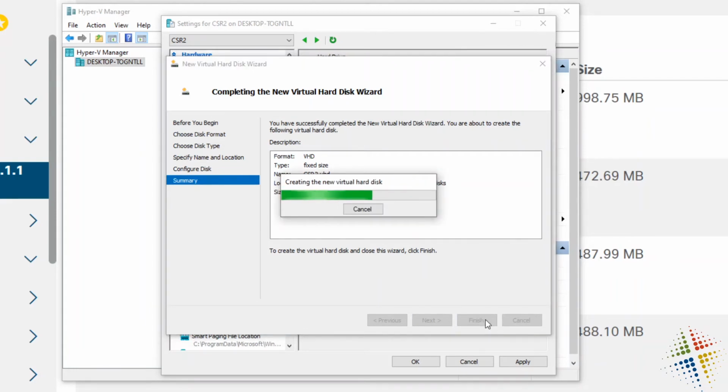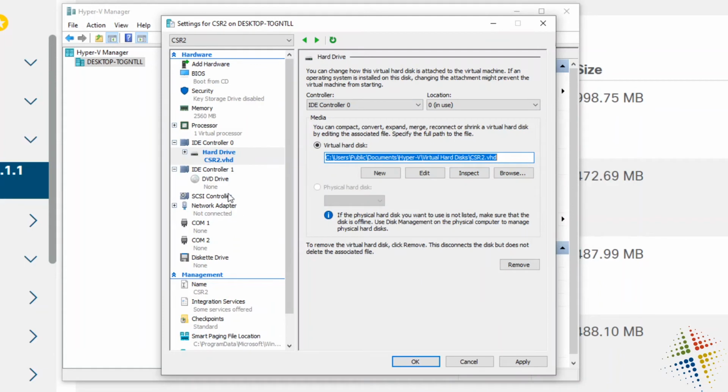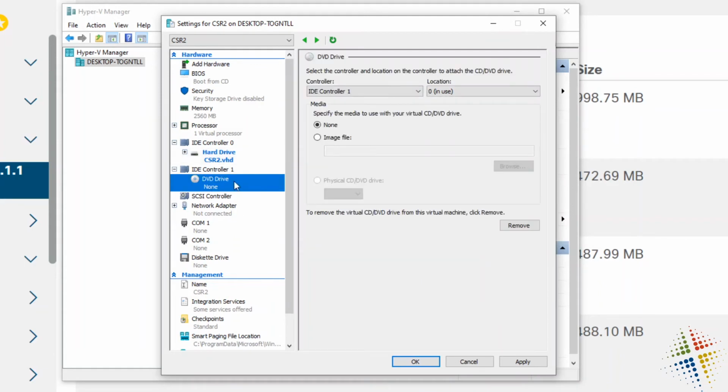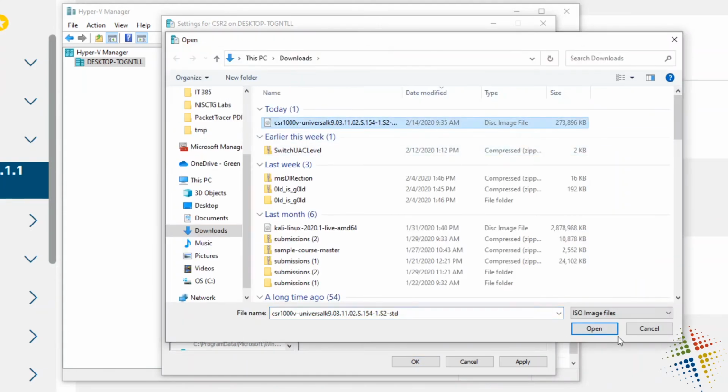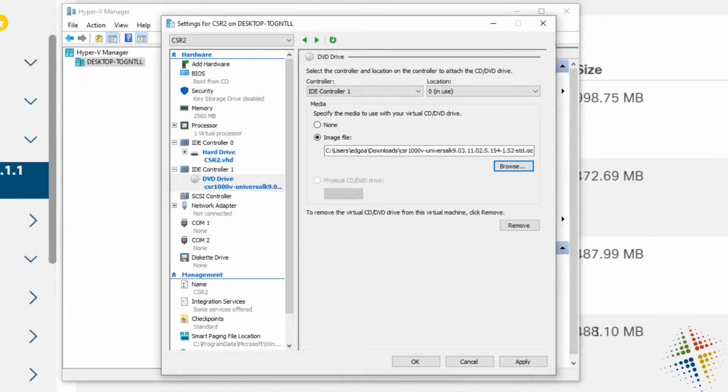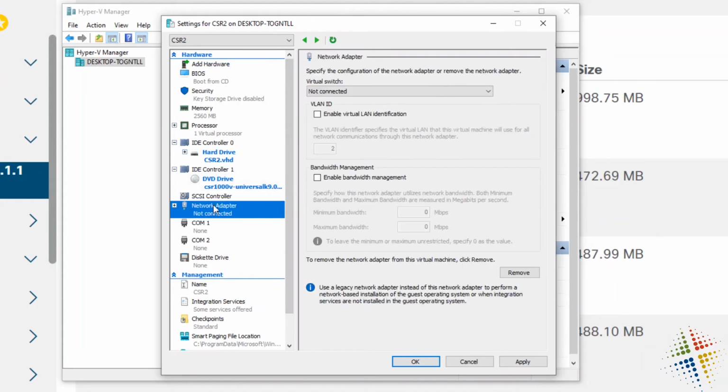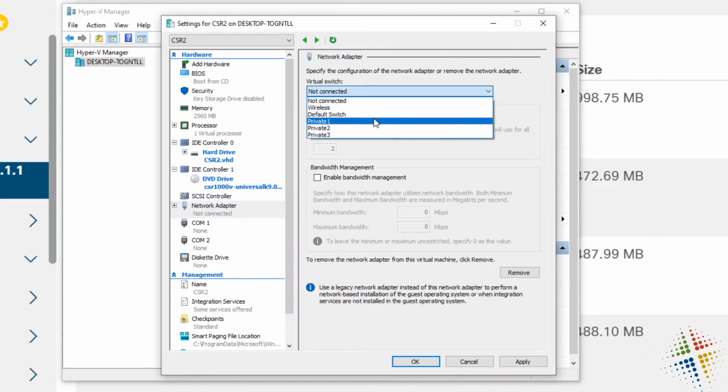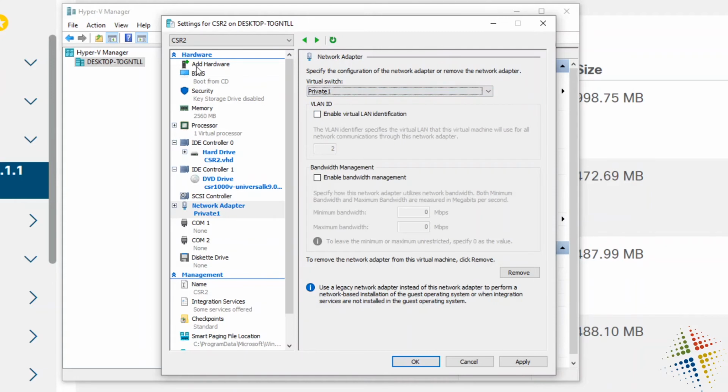So this creates our hard drive for us. Once that's done, let's continue on. DVD drive. I want to specify the image for the download that I just created, or the ISO I just downloaded. So I just pointed to the ISO file for the CSR 3.1102. And then network adapter, we'll put the first one to my private one, and then I'm going to come